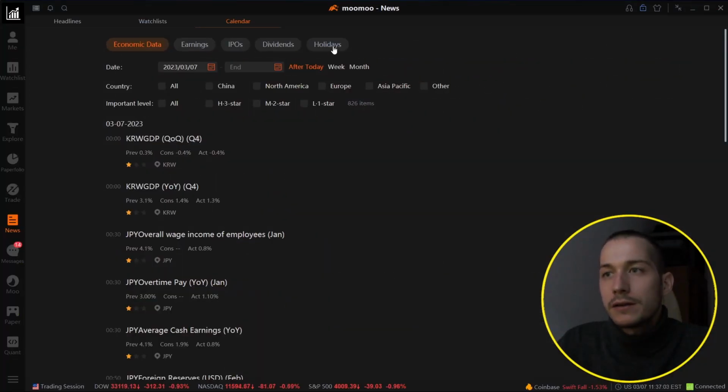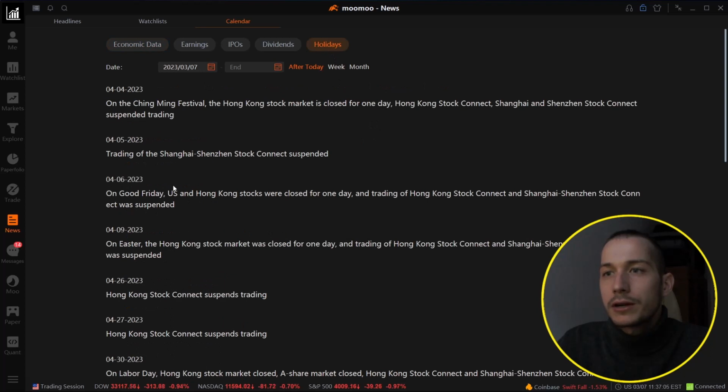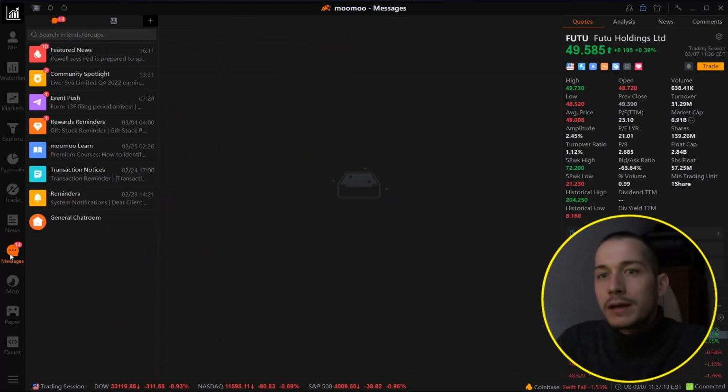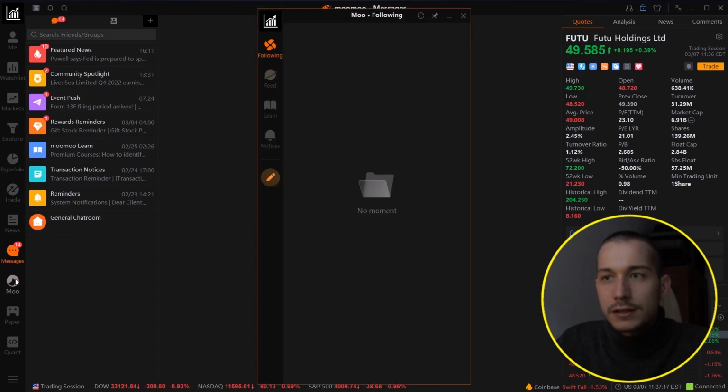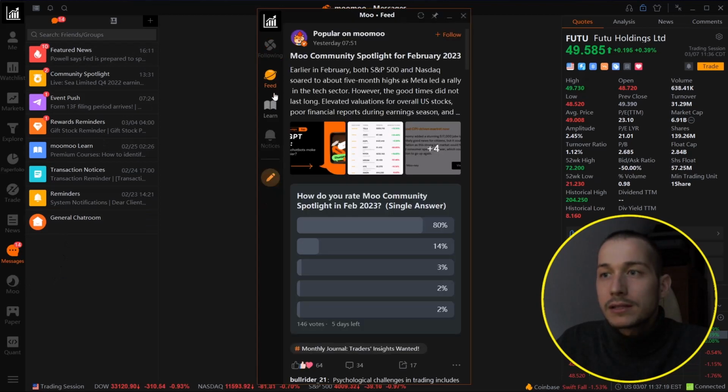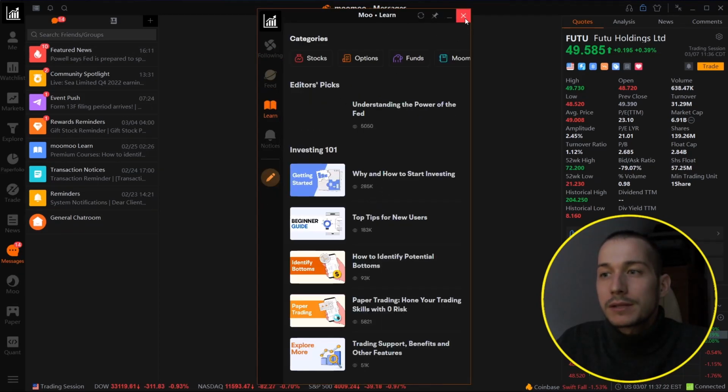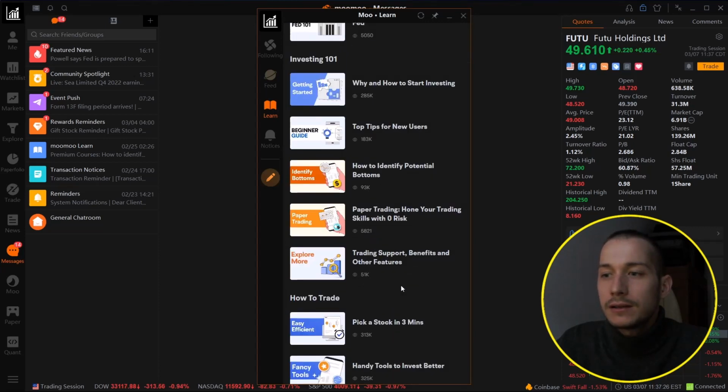Let's stay focused here. Holidays, you can also see when trading holidays are coming up, especially in different countries, which may or may not be important to your trading. Messages, I really don't use this tab, but it's basically like any internal notifications. MooMoo, which is where they have a lot of their education, something I have not used much myself, but I have checked it out, and you kind of see a lot of similar